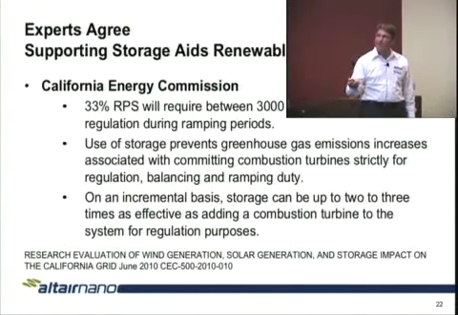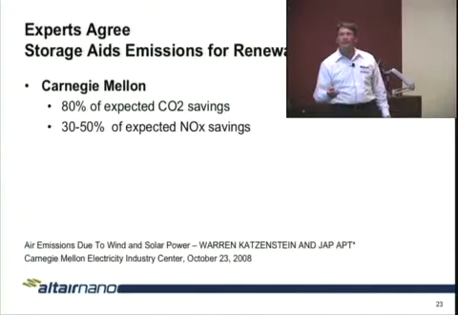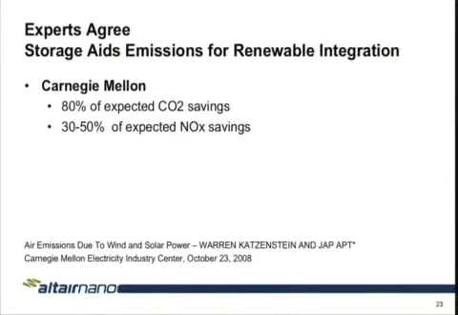And this part on greenhouse gases is really important because as you are ramping combustion turbines, you are decreasing their heat rate, which means that they're going to put out more CO2 for the same amount of fuel, for the same amount of power output because of the ramping. And also their emission controls will not be nearly as effective because the SCRs will not be at the proper temperature for operation. So you're seeing a drastic increase in expected NOx. This came from Carnegie Mellon. Pretty good reports to cite.